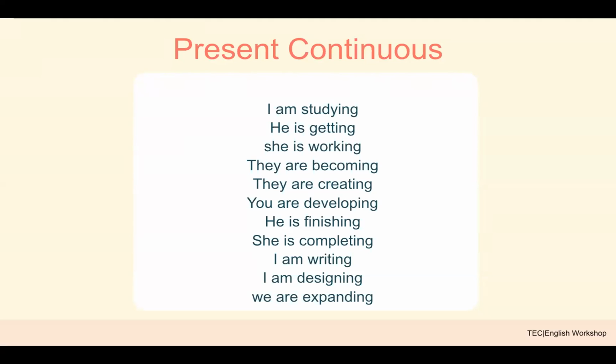I am developing, you are developing, he is developing, she is developing, come in. I am finishing, he is finishing. عم بعطيكم different, so I am, he, she. She is completing, I am completing. So this is كمان to describe the present continuous, and we are doing an action and we are continuing it.